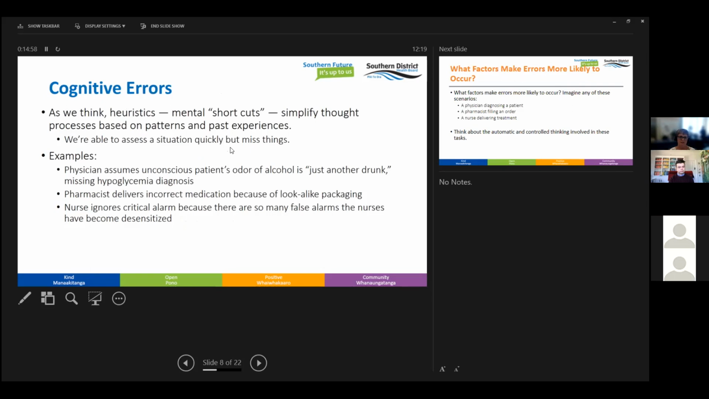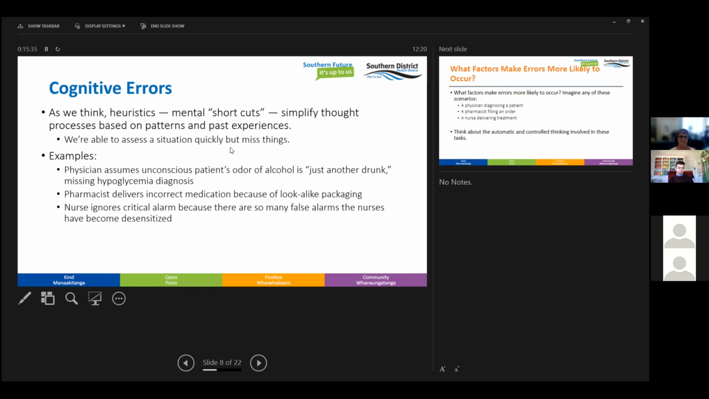With the cognitive errors, as we think, we have mental shortcuts that occur. So we try and simplify our thinking based on patterns and experiences. And sometimes we can assess the situation quickly but miss things. So for instance, what I've seen with the medication errors again is that people know what they need to do, but they take shortcuts because it takes too long, or they think they really have a good handle on it. And nine times out of ten, it will work fine for them, but on occasion, it